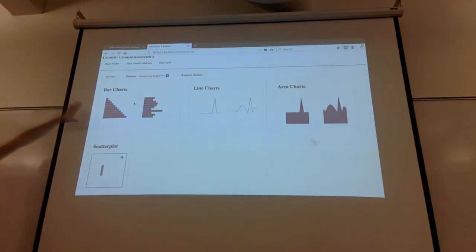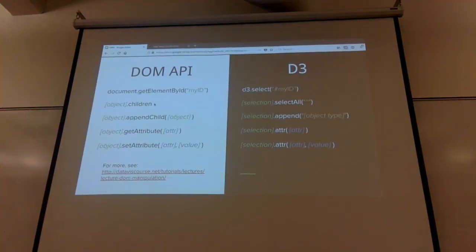But what our reference solution is doing is going through, and I think there's just a 1, 2, 3, 4, 5, 6, 7, 8, 9, 10, and we're doing some sort of underlying scale factor for that that's being assigned to each element as a length command. What's important for being able to do that is knowing the difference between your D3 selectors that you used last time and the DOM API. The DOM API was covered in class like 2 weeks ago, and there's specifically a lecture tutorial that'll go through it in lots of detail. But for your purposes, the core functions you are going to need are mostly covered here,